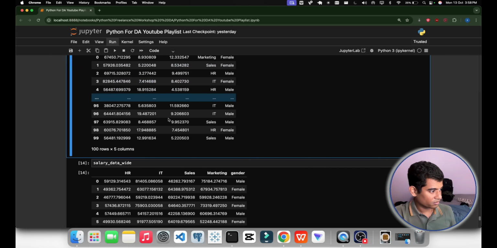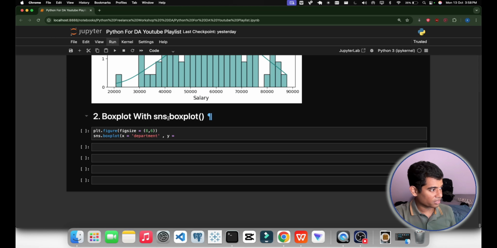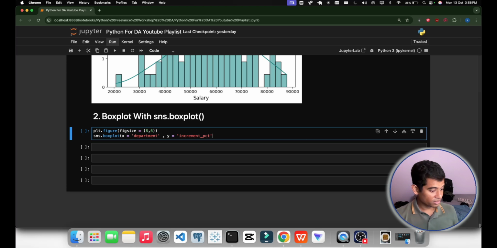Sorry, PCT, I made a mistake here. y equal to increment PCT. Then we will give data. Data is the same as data, I mean, we have given the same variable name.